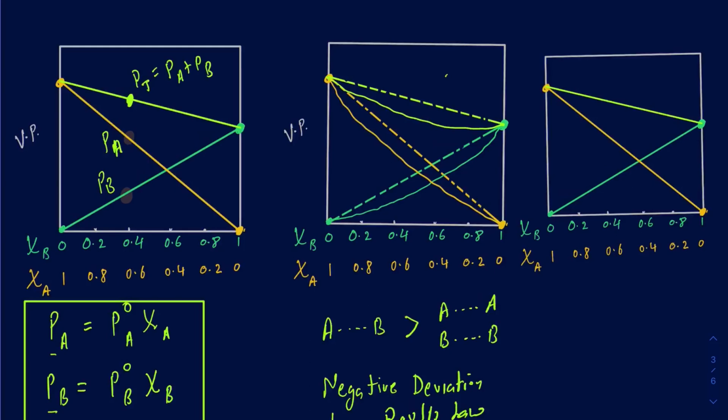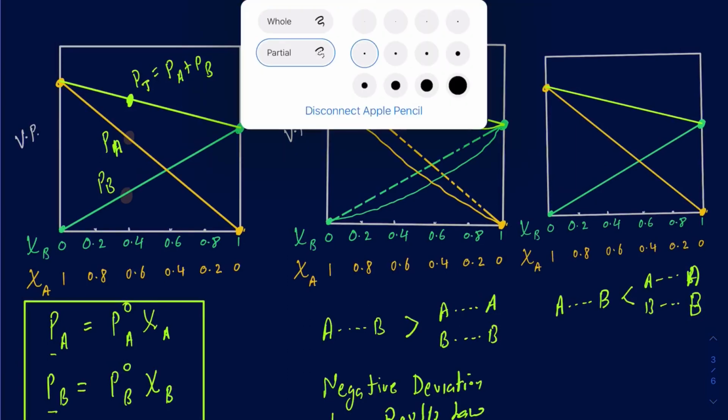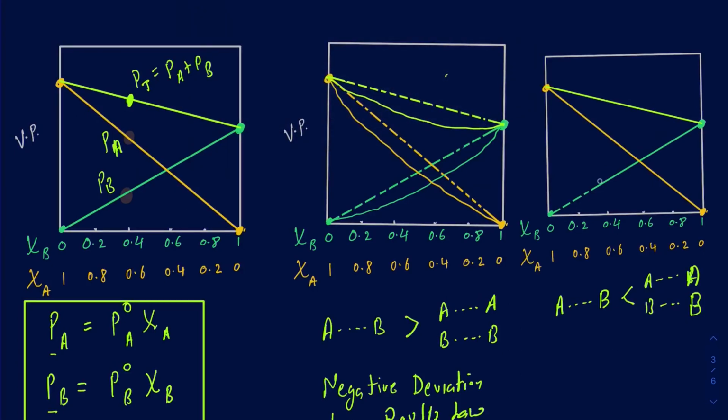So the other scenario would be, what if your A-B interactions are actually less than your AA and BB interactions. Another way of saying, your solute-solvent interactions are going to be less than your individual interactions between the solutes and between the solvents. So in that case, your A and B will be repelling one another. You can kind of think of it that way. They're going to be pushing each other out, and as a result, they would have a higher vapor pressure